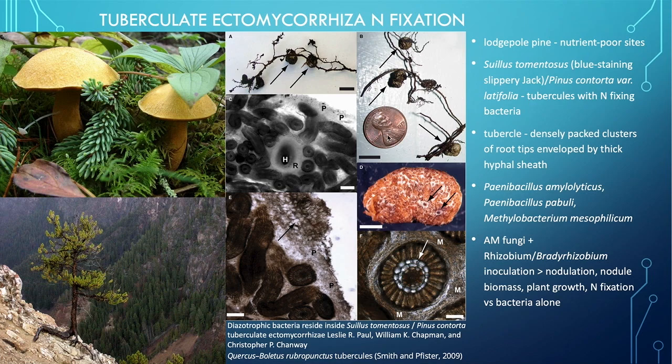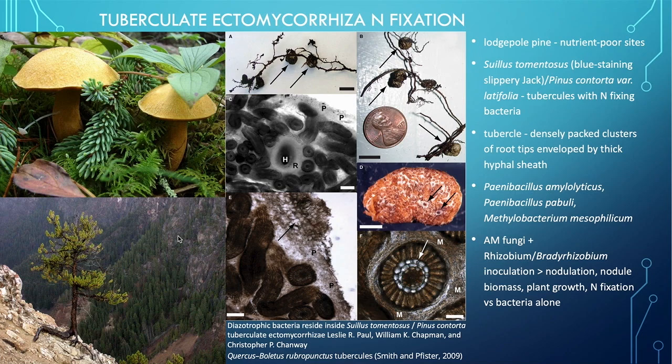So this is very interesting, and you can see this actually here in the diagram. Sort of a kind of a tubercle is formed, and the nitrogen fixing bacteria are inside, and this is what it looks like, a cross section of it. And you can actually see them, they almost look like nodules as well, but we call them tubercules. So this is another interesting multi-level way that plants partner up with organisms, in this case fungi and bacteria, to gain even more nitrogen in